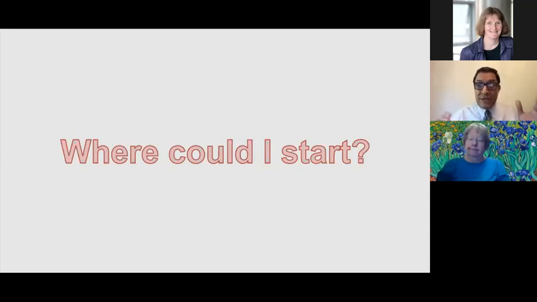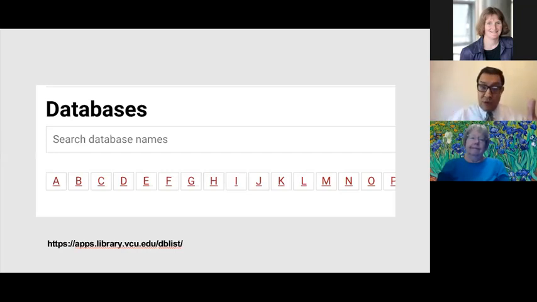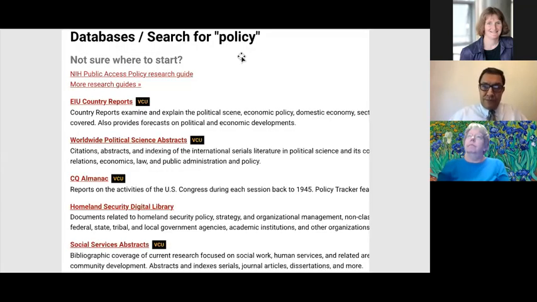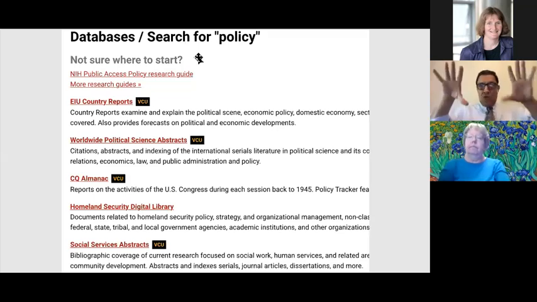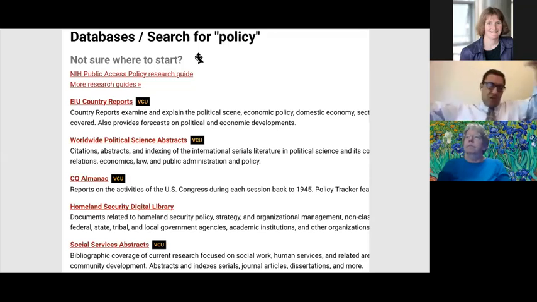So what I did in the beginning was I went to our list of databases that you see here. This list of databases is available at this link on the VCU Library website, and you can search for database names, and also you can get information about the content. So for example, I went to policy, and I did a search for policy. Imagine that you belong to the policy arena, to the policy research, which touches upon several different subdisciplines. And I found, for example,